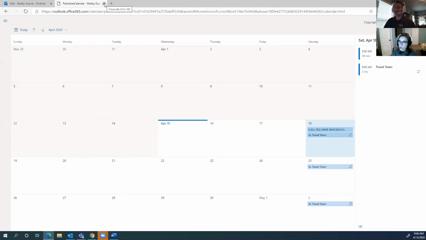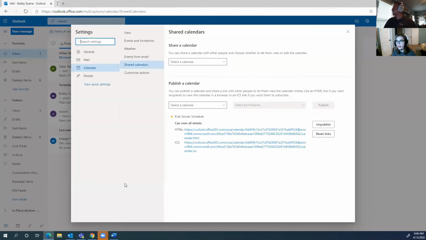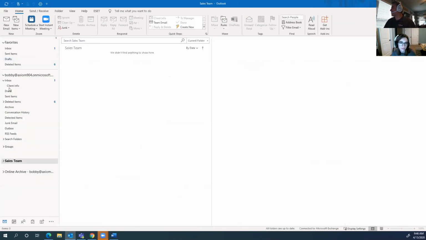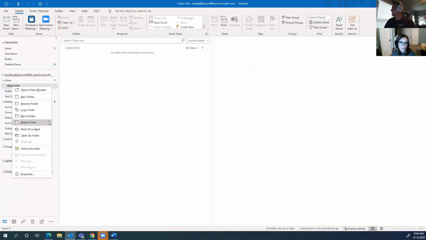Chuck has a question. How do you share an existing folder only without creating a new inbox, etc.? Like share a folder that he already has, I'm guessing in his inbox, to somebody. Okay. Yeah. Let's see here. Yeah, I don't think you can do that other than share an inbox. I don't think folders are meant to be shared in that way.